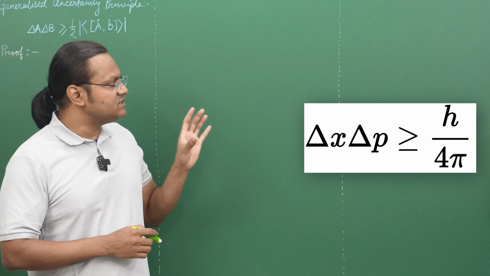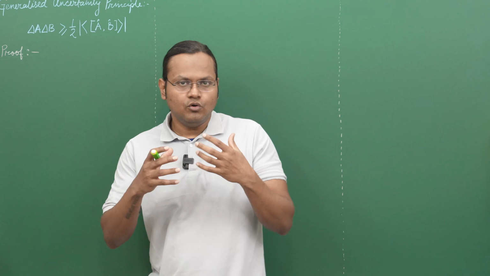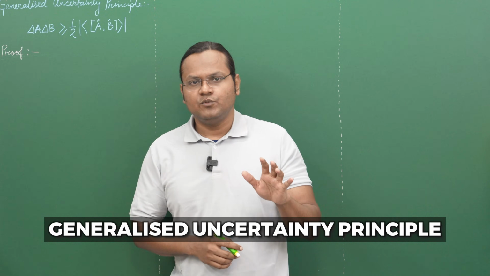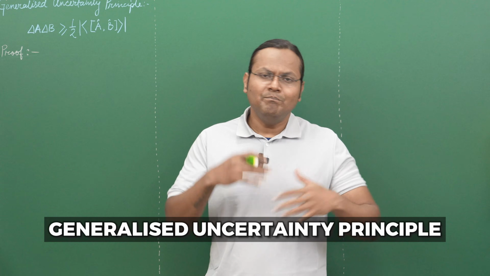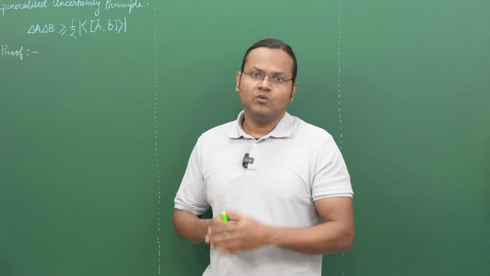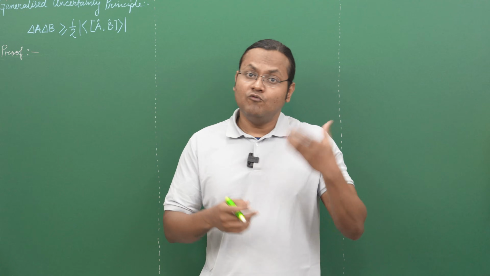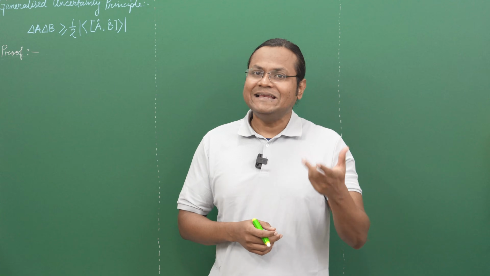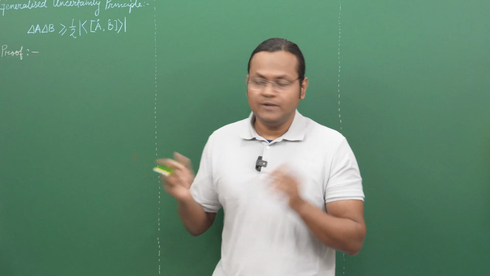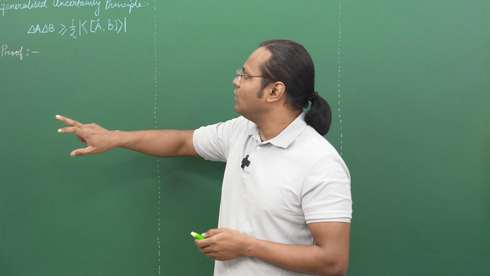Now, this famous Heisenberg uncertainty principle is a subset of a more generalized principle in quantum mechanics that is not just valid for position and momentum, but also valid for many other physical quantities. In fact, in quantum mechanics, there are pairs of physical quantities which have this kind of behavior, that if you make a measurement of one physical quantity, it automatically affects the uncertainty associated with another physical quantity and its measurement. So in this video, I want to derive this simple expression where A and B are two physical quantities